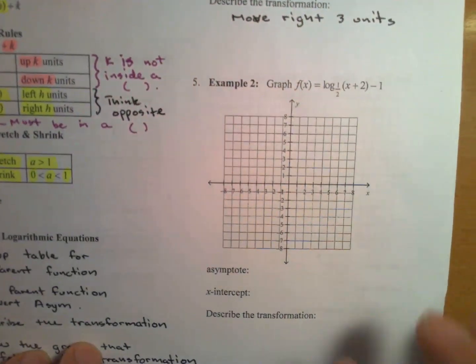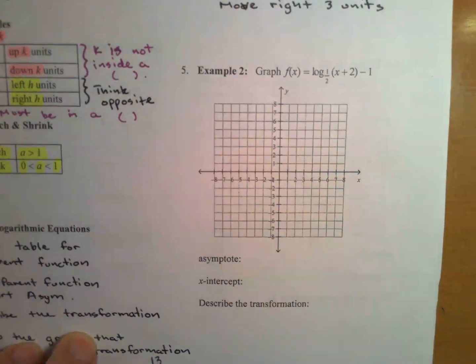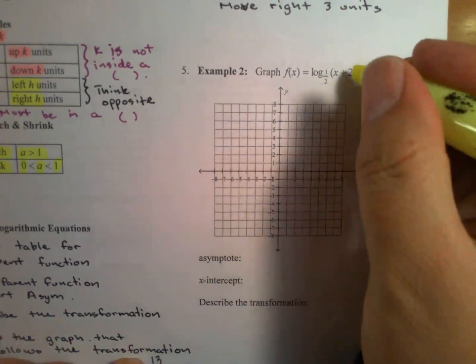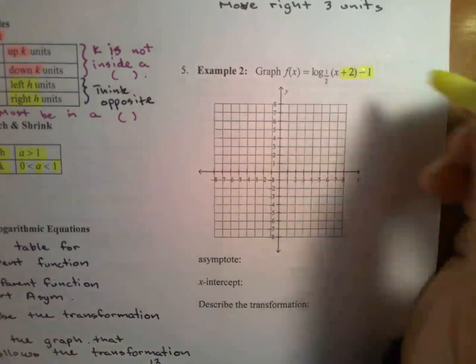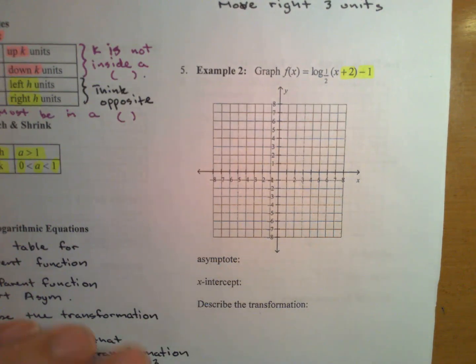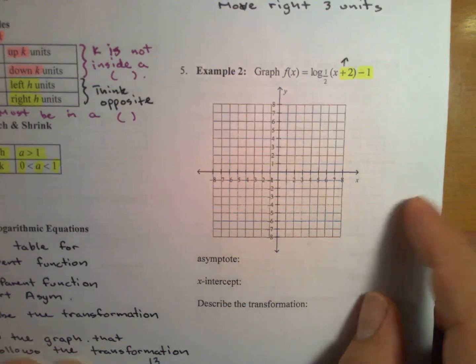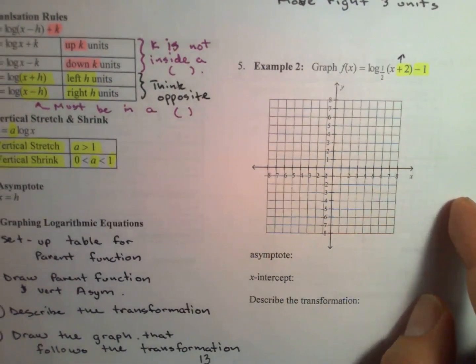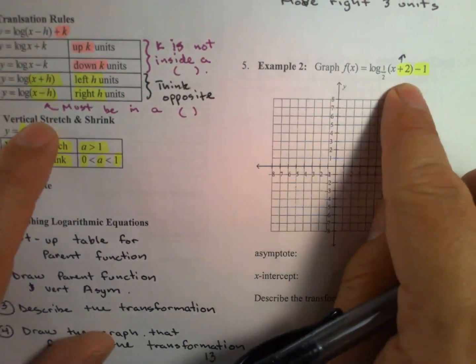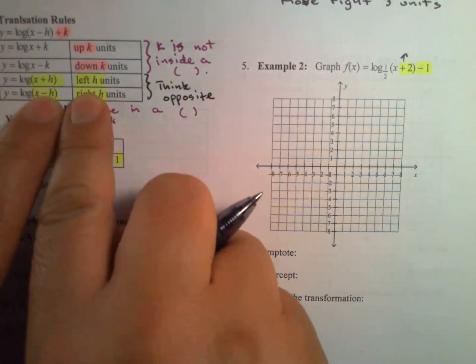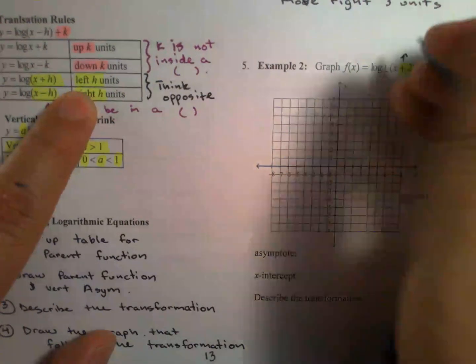Now, example number 2. As soon as I see this value and this one, those are the two I have to watch out for. It's inside the parentheses. So right away, look, it's actually right here. You can see it. It's inside the parentheses. So that's left and right. And because it's positive, I'm going left